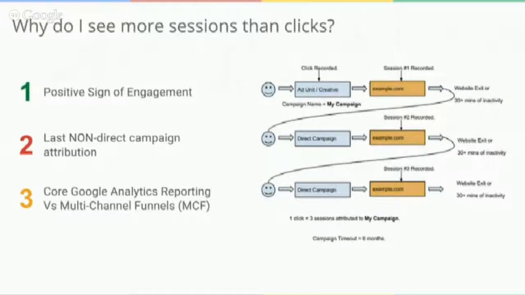My campaign drove a ton of traffic to your site. Those visits spent 30 minutes, spent some time on your site. They left your site. They returned as direct campaign multiple times and then potentially converted. Now, all these three sessions are identified and grouped under the same campaign. So really, the campaign drove one click, but it drove two additional return visits.